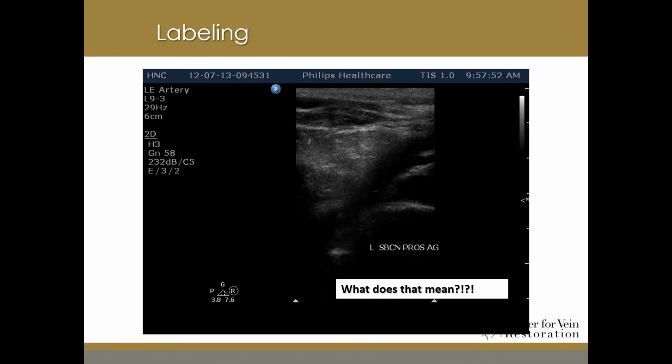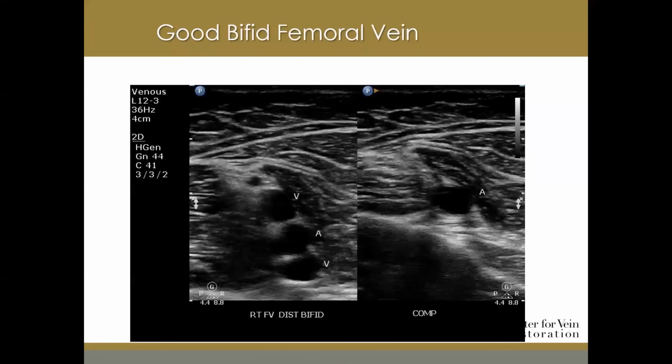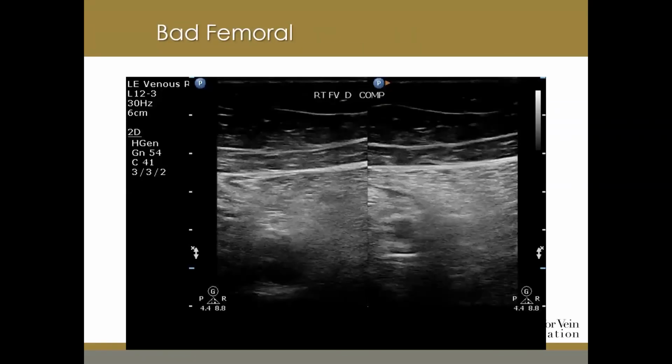So with acronyms, while we know there are certain acronyms in medicine that are utilized, make sure those are consistent, standard acronyms, because what one acronym may mean to you when you type it on your image may mean something different to somebody else reviewing that image. This is just proper labeling and proper